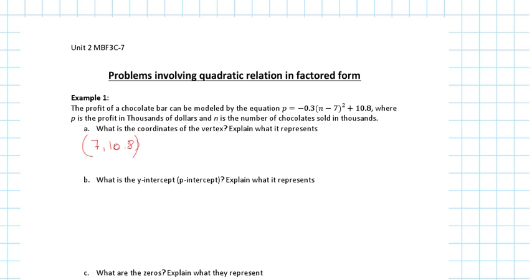So if the company sells 7,000 chocolate bars, you reach a maximum profit